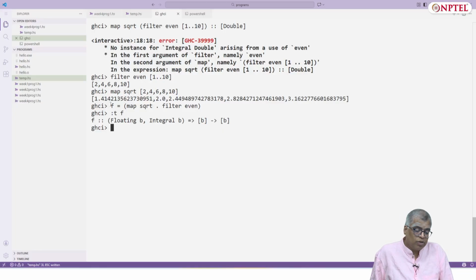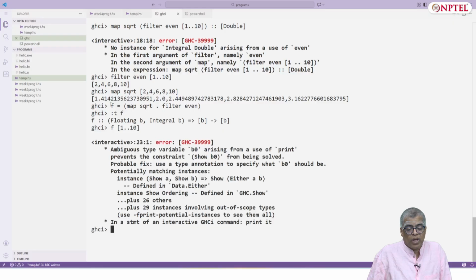Okay, and this might actually give an error. F applied on 1 dot dot 10, I get an error because for some reason it wants it to be both floating and integral, but if I do it separately it works. So let's move on.